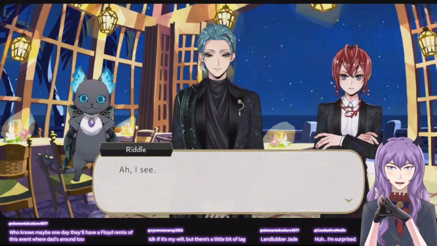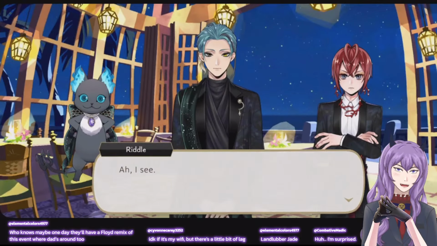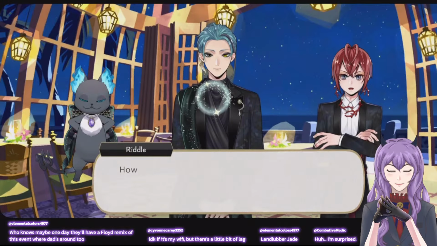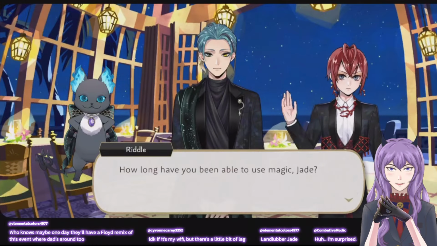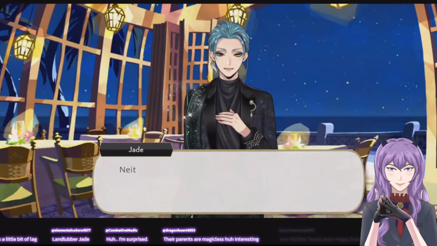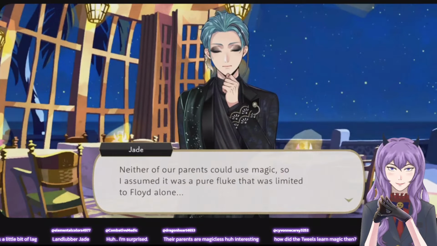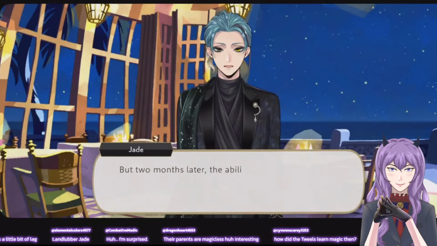Which means that if Georgina and Mr. Leech don't use magic, that must mean that the Tweels' grandmother or great-grandmother must have been a magic user. Interesting. Just manifests.